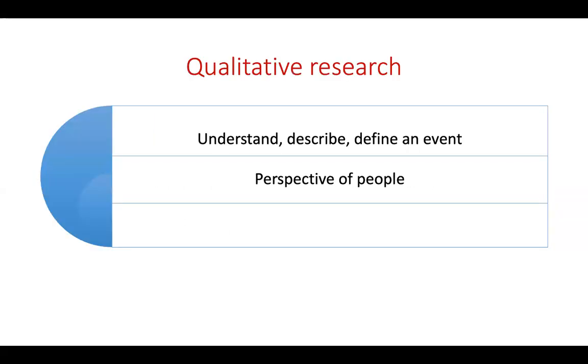And then briefly, I'm also covering mixed method approaches in this lecture. So to start with qualitative research, it is done to understand, describe, or define an event, and it generally depends mostly on the perspective of people. So we are trying to analyze and understand the perspective of people much deeper than how we would collect information